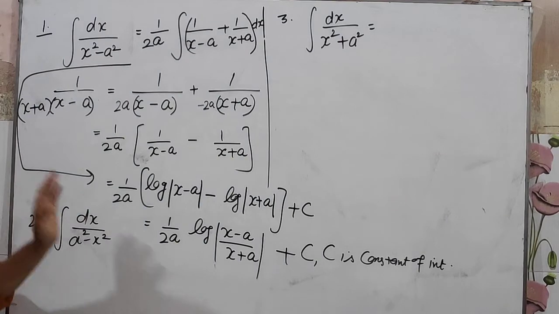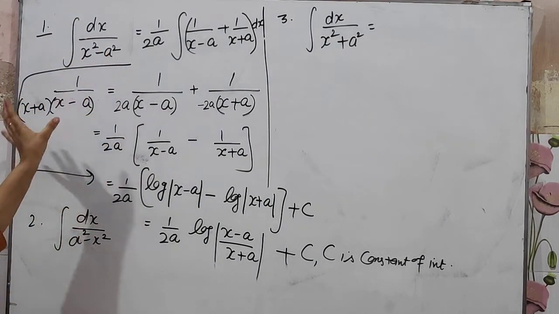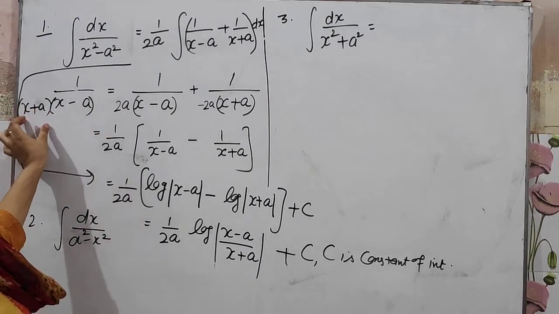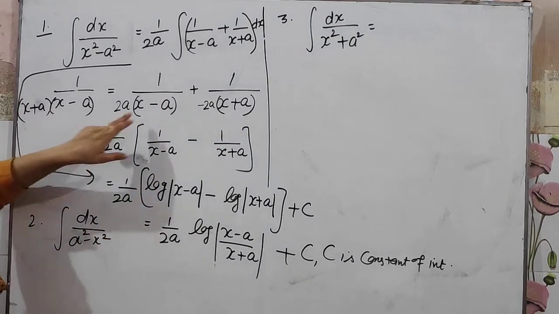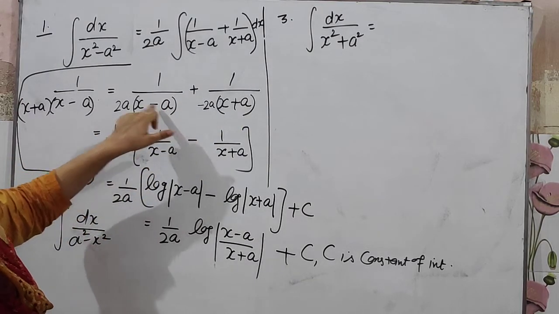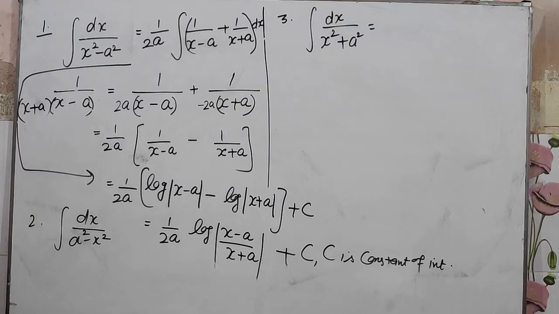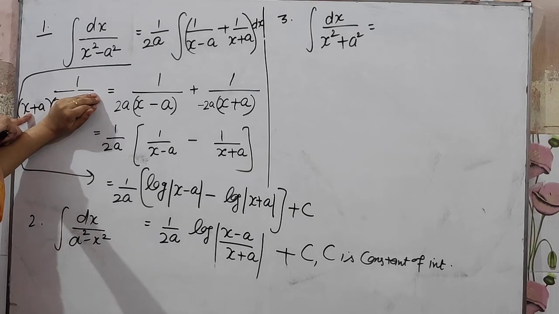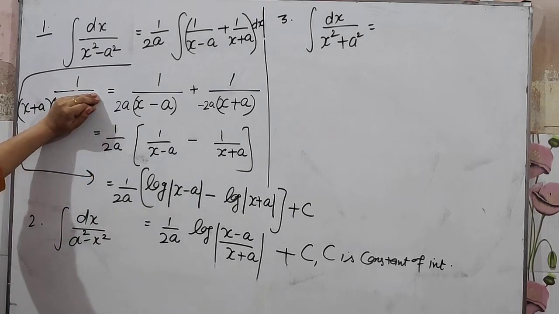I think it is clear to you. First of all, you will separate x square minus a square as two factors, x plus a into x minus a. Now you will split two factors like this. You will see x minus a equal to 0 when x equal to a. So in this, leave x minus a factor. Wherever is variable x, replace x by a. So here is only one x, so x plus a, a plus a, 2a, so 2a will be here.